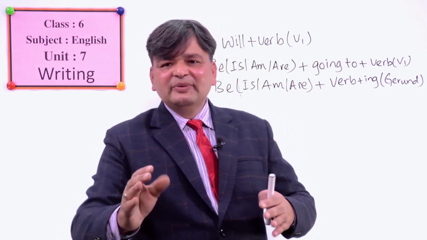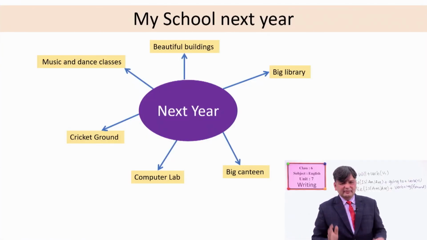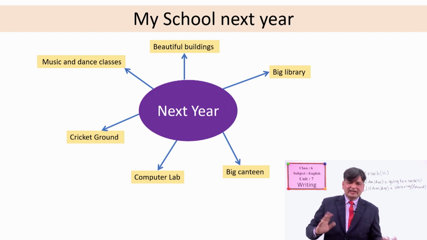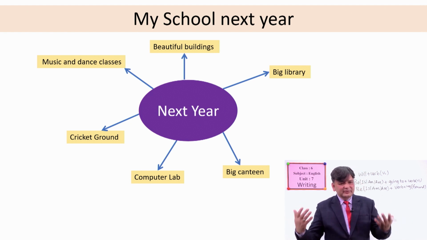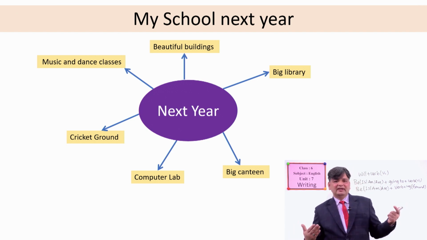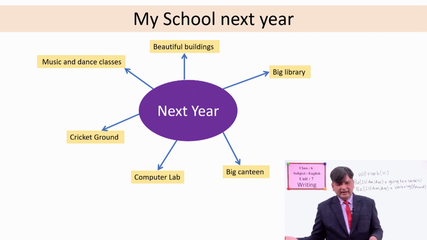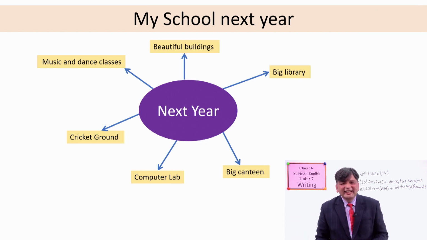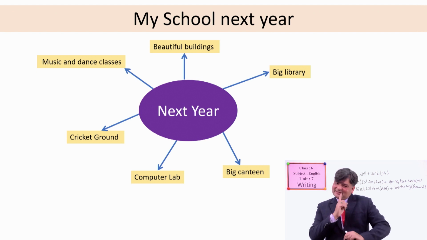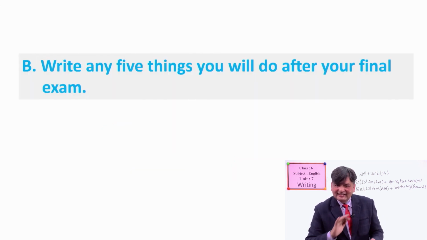And you can also write about other things like canteen, computer lab, cricket ground, music and dance classes. So, how music and dance classes will be conducted, who will be the instructor there, a mentor there, right? Like coaches in cricket, okay? So, you can write about all these things, and finally, you can show your paragraph to me tomorrow, okay? So, are you ready for the next one?